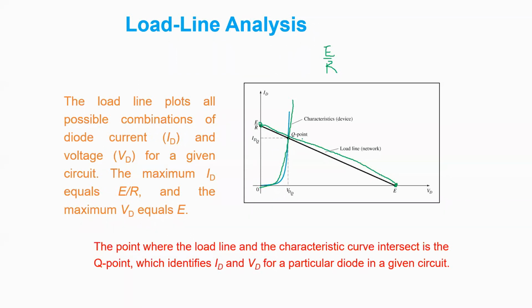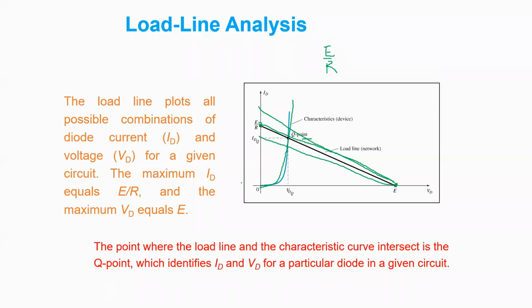is called Q point, quiescent point. That means fixed potential is at this particular point. And also this particular line is called load line. Why is it called load line? You change the resistance. Suppose you increase the resistance, what happens? This will go like this. If you decrease the resistance, this will go like this. So changing the resistance is actually changing the slope of the line. So that means this is called a load line. Changing the load or resistance is actually changing the slope of this line. So that is why this is called load line.